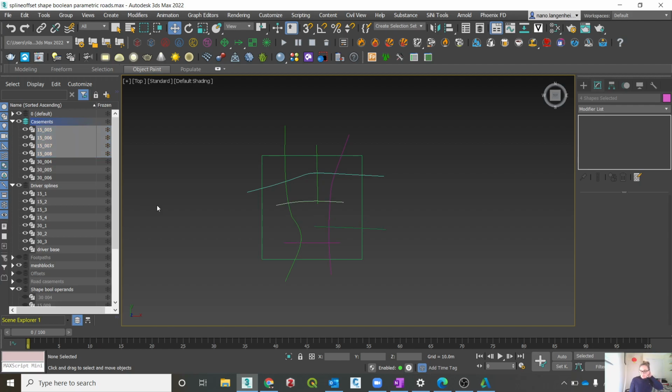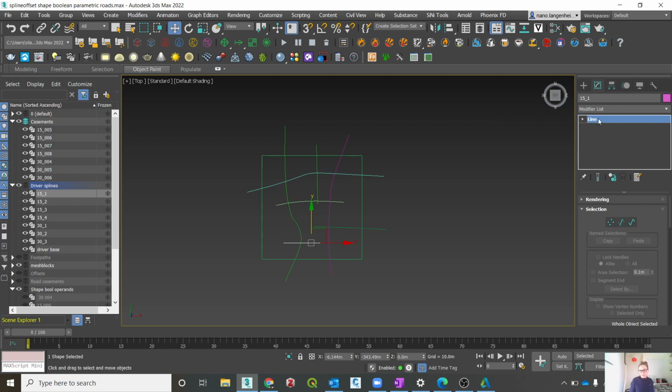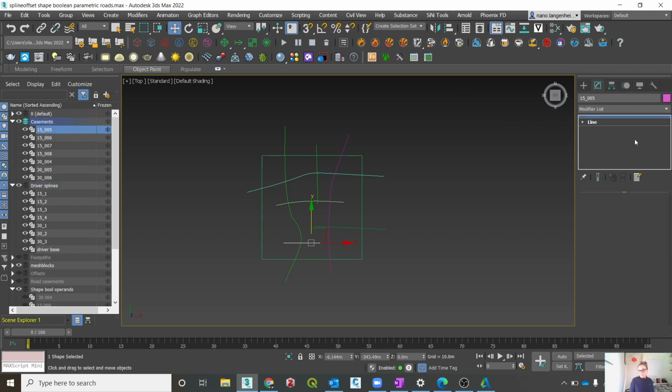tool. So you'll notice that when I click on one of these lines, I'm not getting the grey reference line, but when I click on these ones, I'm getting the reference line. So for the moment, I'm going to turn off the driver splines, and I'm just going to work with these referenced copies. So selecting